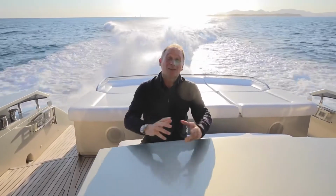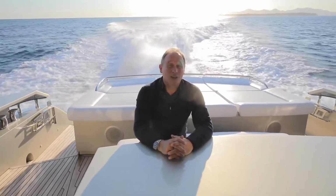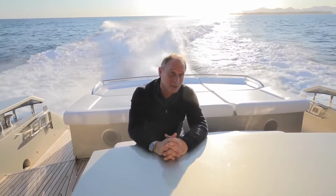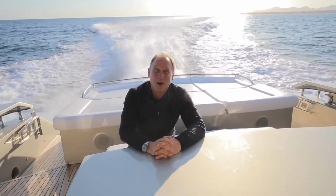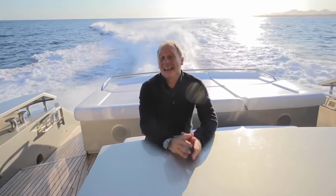So we've seen the layouts and some of the features of the yacht, but most people interested in the Pershing 80 are attracted to the fact that those twin MTU engines that we saw earlier produce 2,435 horsepower each. This yacht will reach 50 knots, making it the fastest production yacht in its category in the